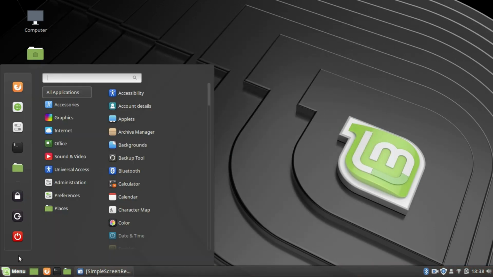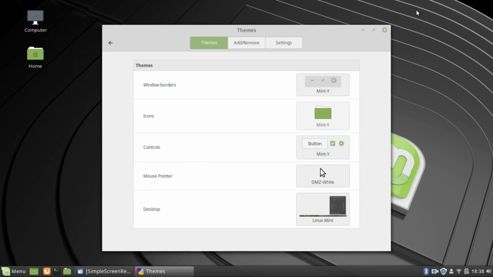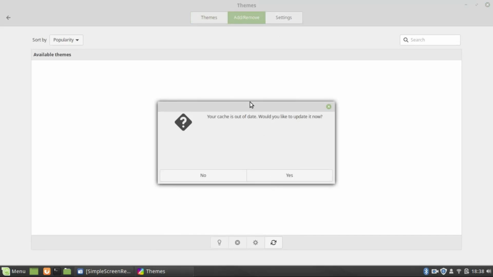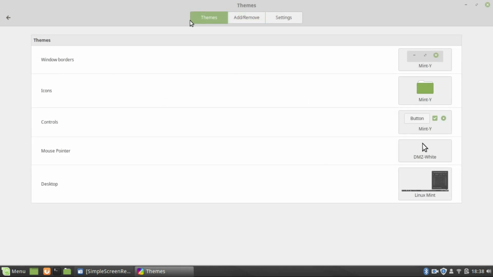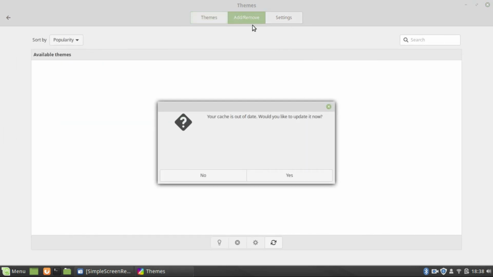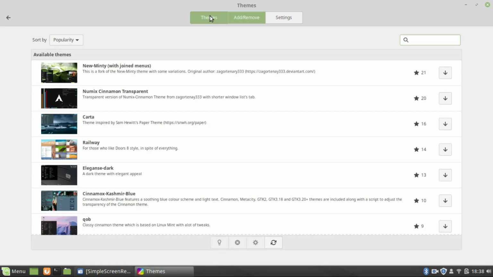That's perfect for me. I guess we'll go ahead and take a look at our themes application, because themes has always been one of my favorite applications in basically Linux. The themes application in Cinnamon is just an awesome application. It has everything you need. You've got add and remove, so you can just download themes without actually accessing the terminal, which I don't know why you'd want to do that because you don't have very great theming over here. Anyways,